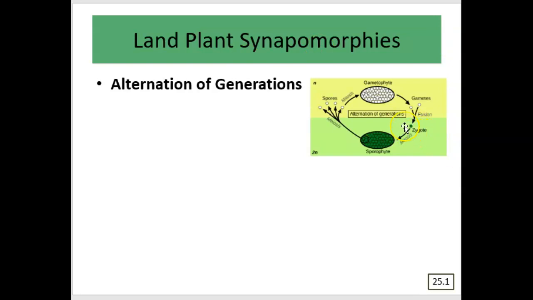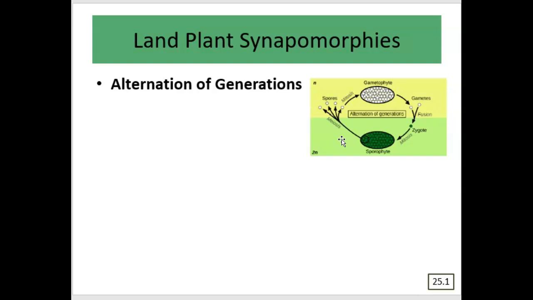The zygote formed by that fertilization is going to grow into the sporophyte. The sporophyte produces spores by meiosis. Those spores grow by mitosis into the gametophyte. The gametophyte produces gametes by mitosis. And those gametes go through fertilization and produce the zygote. All right, so again, alternation of generations life cycle, really important for understanding what plants do. We're going to talk about it in great detail. Make sure you're familiar with it. You can kind of map it out, can kind of trace what's happening, see where those landmark events of fertilization and meiosis take place.